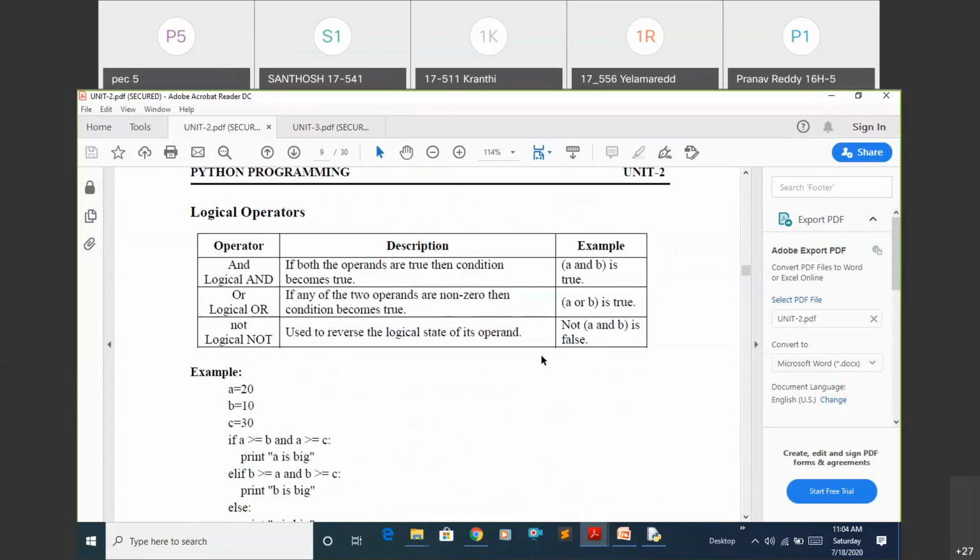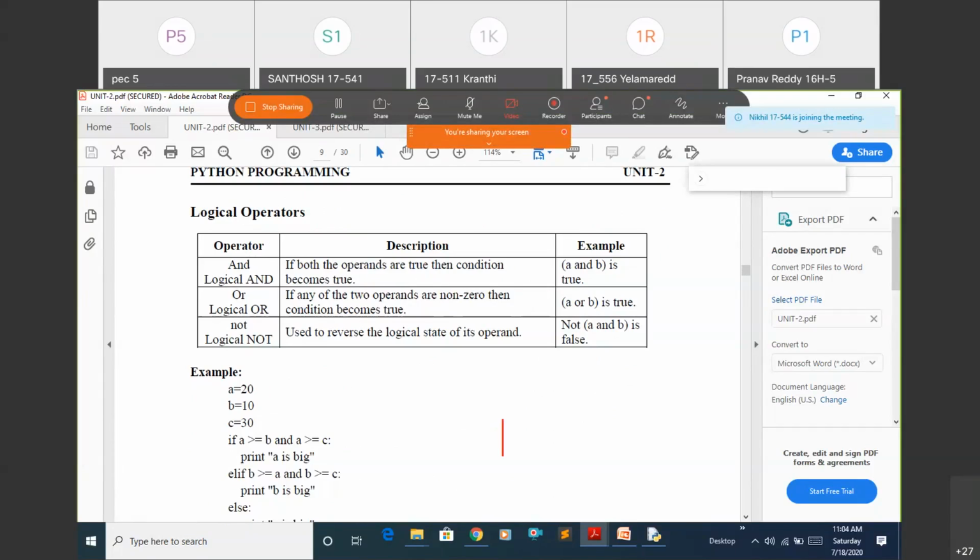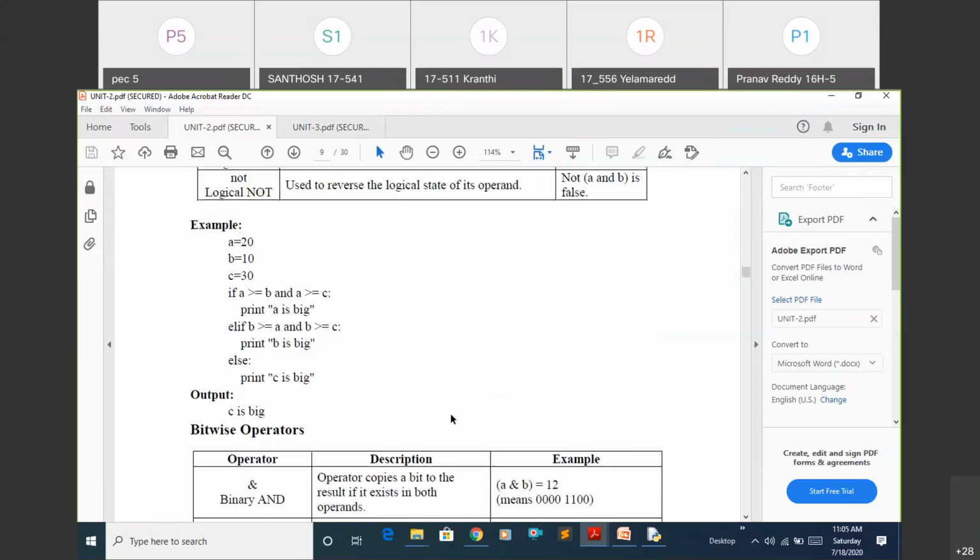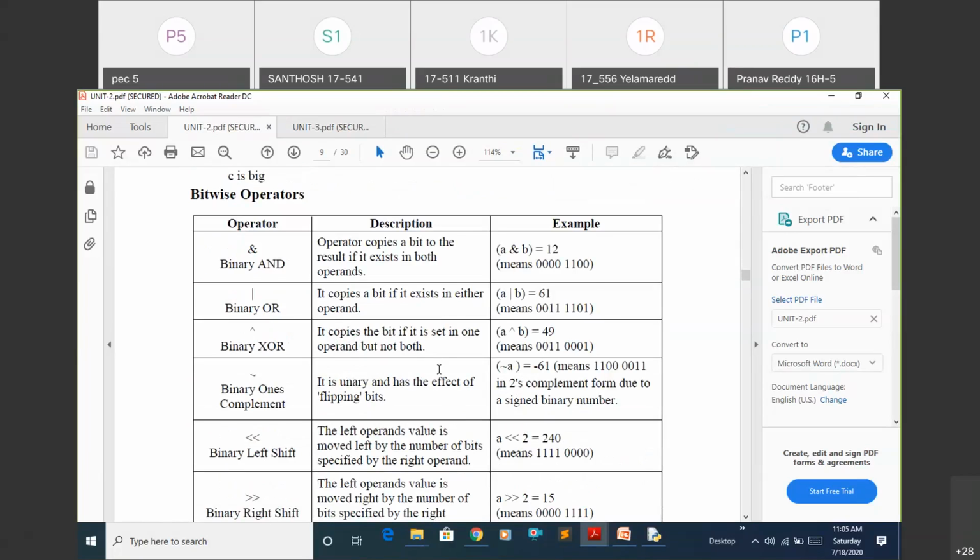All are easy only. But here in logical operator, in previous language we use that double and operator, and we use this operator in the previous language in place of logical and. But here just use English letters. Same, bitwise operators perform on individual bits.